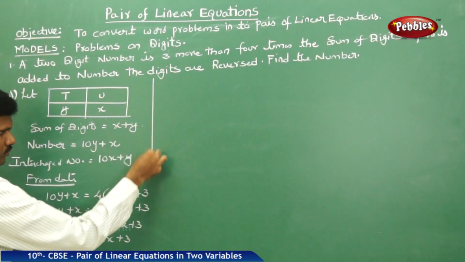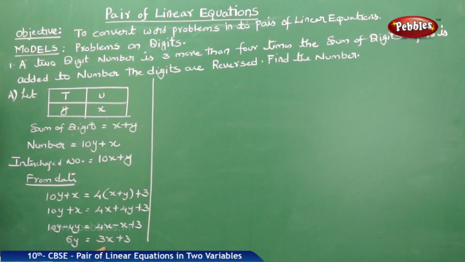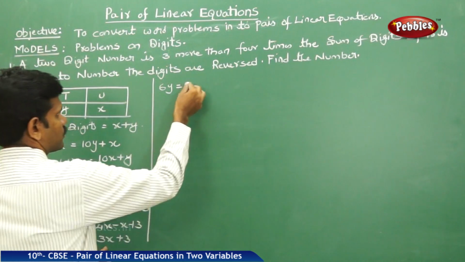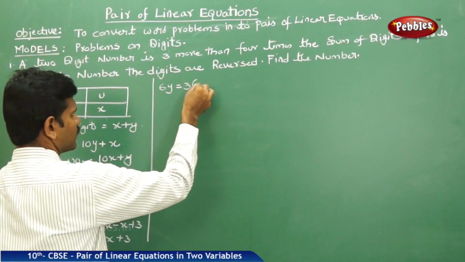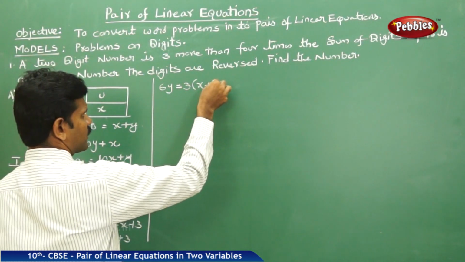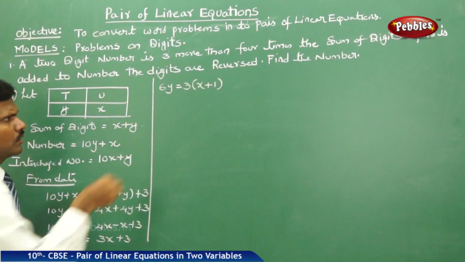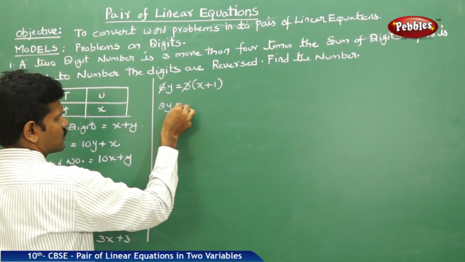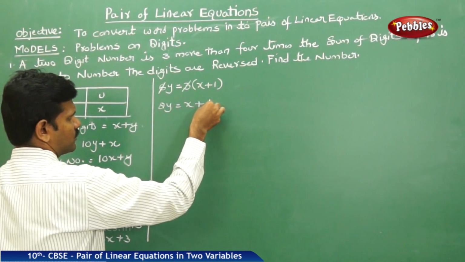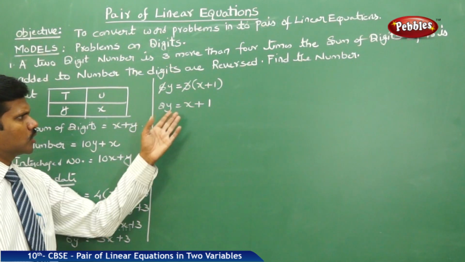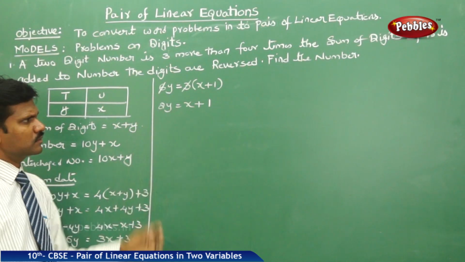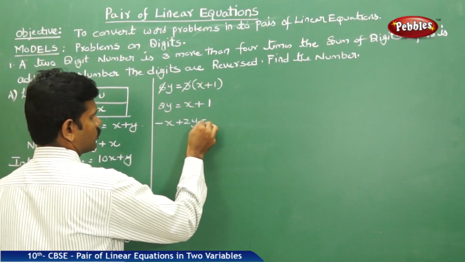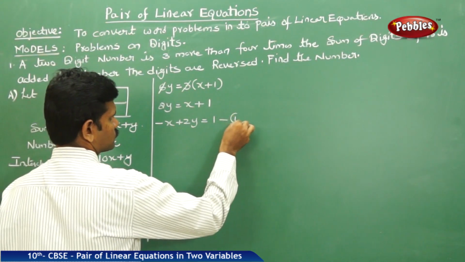Now, in the RHS part, 6y is equal to, I want to take 3 as a common, that is x plus 1 left. 3 twos are 6, cancels 2 times, that is 2y is equal to x plus 1. Now, please make the grouping, that is minus x plus 2y is equal to 1. This is equation 1.